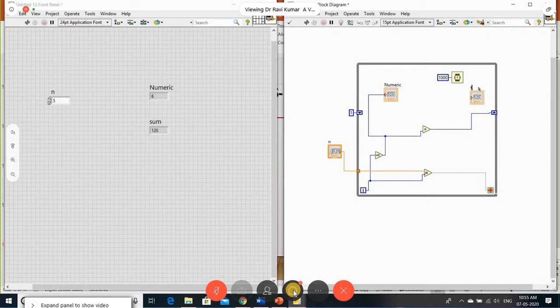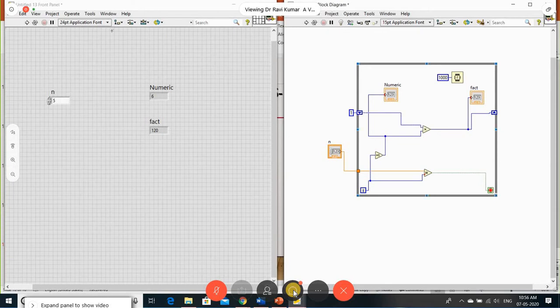Here I'm done with the factorial, so this is your factorial. I assign to this. So what is fact equal to? Fact is equal to whatever your i is: first 1 into 1, and then 2 into the previous element, likewise. So this is where the previous element is taken for the multiplication.